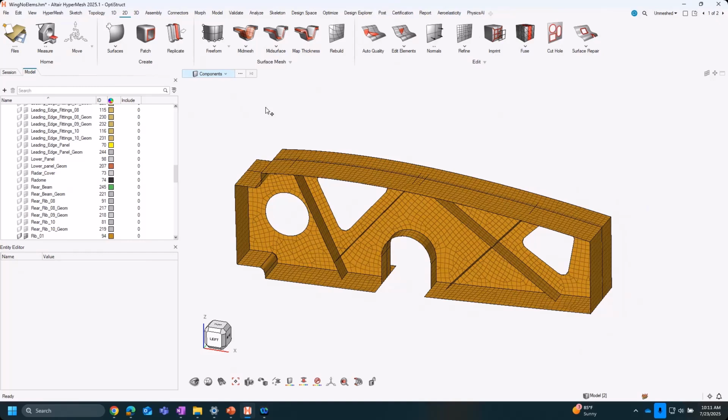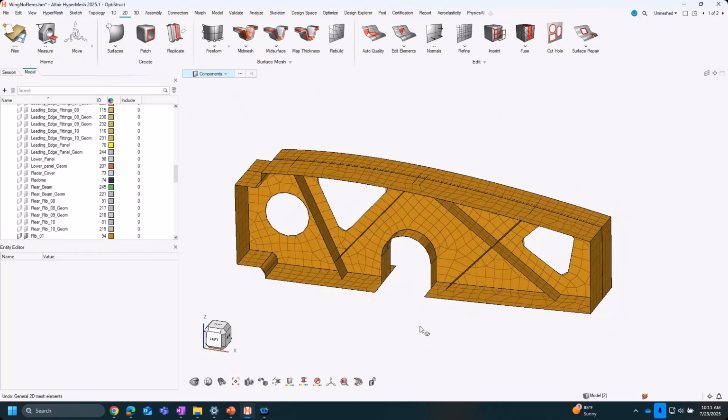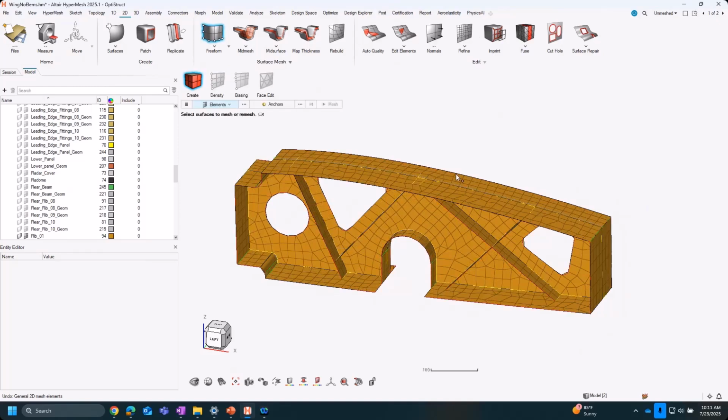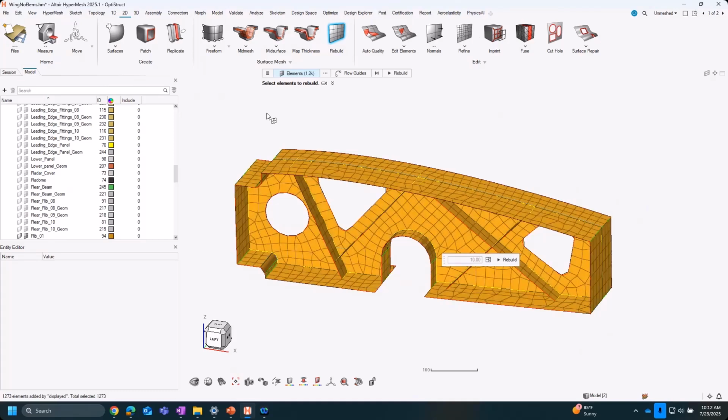Let's say Control Z, I think will get me back to my coarser mesh, right? There we go. So you can just do a freeform directly on the elements to remesh your part. Another remeshing tool that I really like that I think a lot of people benefit from is the rebuild tool. And this, at least in my opinion, just gives a little bit of a better rebuild to your mesh. So it works similarly to just remeshing directly your elements from your original mesh. So you would select your elements,